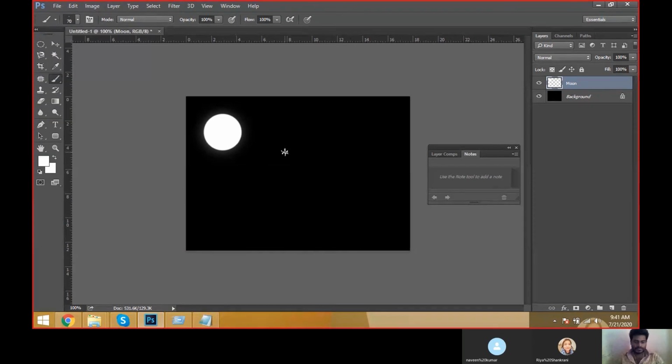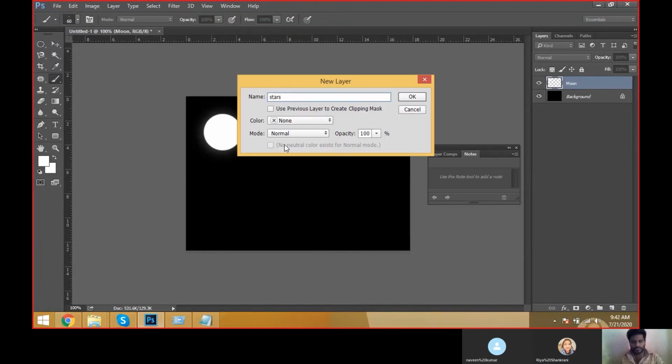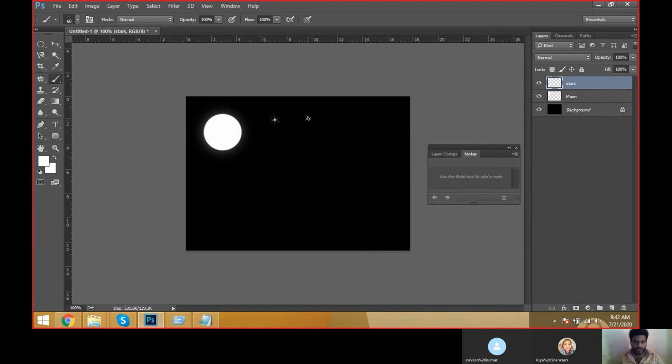Take the stars, and what should we do for the stars? Again I have to take a new layer. It's a stars background. Take stars, click on it, and we can decrease the size, and we can go for small stars, and we can go for big stars.